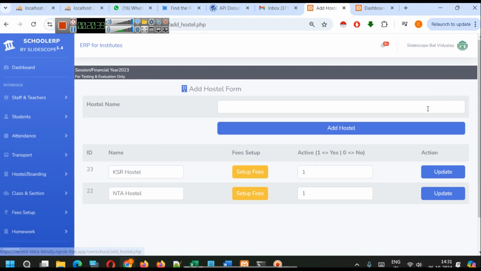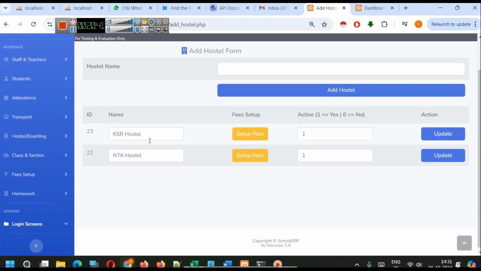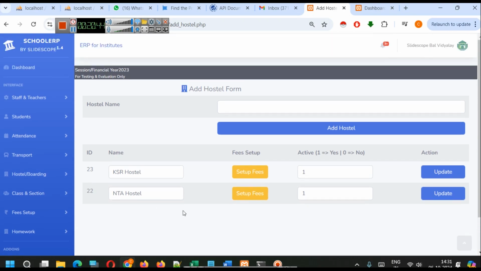So you can add different hostels. So KSR hostel and NTA hostel is now added. This way we have added the hostels, and now we will go to